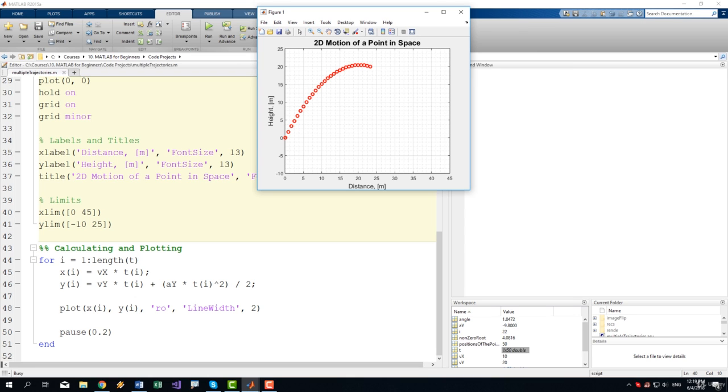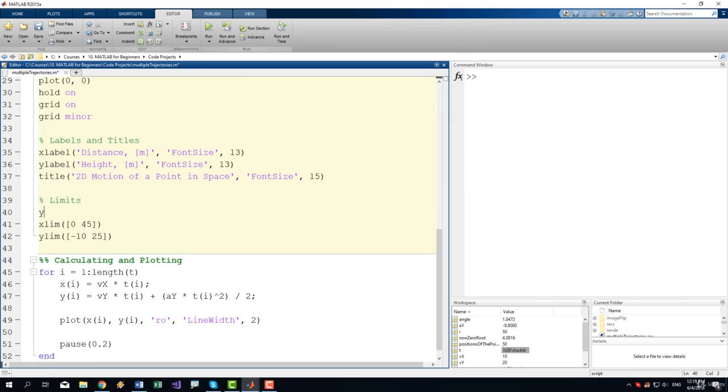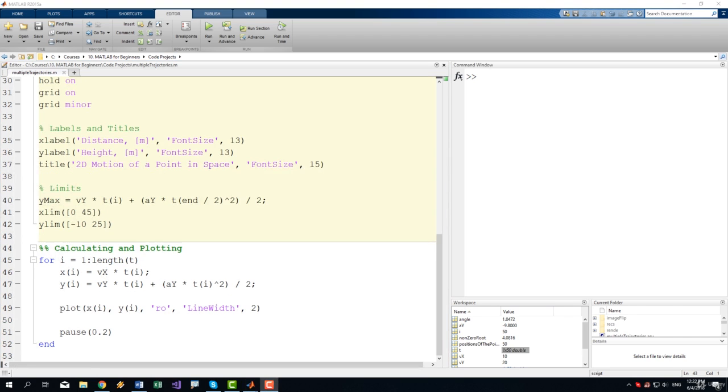So if we run the project, you can see that we are actually getting a parabola, and we know that the parabola has its highest point in the middle, so we have to take the middle point of the parabola and use that as a maximum for the y. So let's calculate the y max. So y max, we're going to use the same equation, but we are going to simply use the middle point of the t like this, and the y minimum will be, and I have just noticed that I have a